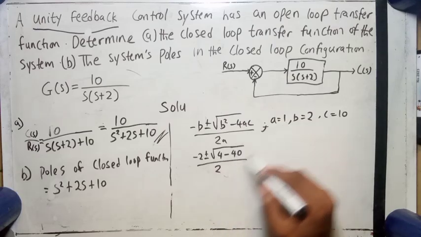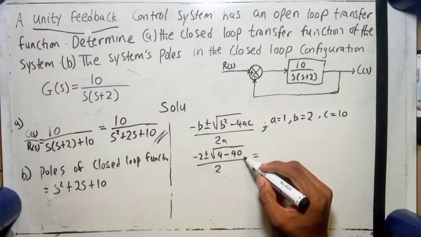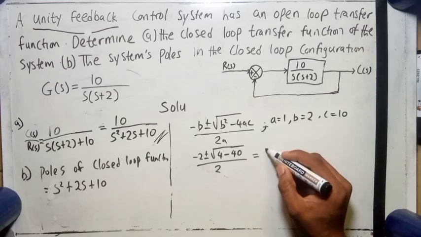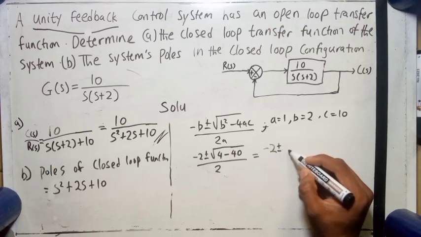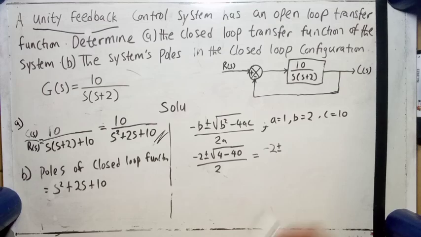Our a is 1, so over 2. Now 4 minus 40, we are going to have minus 36. And the square root of minus 36 is 6i. This minus sign inside the square root